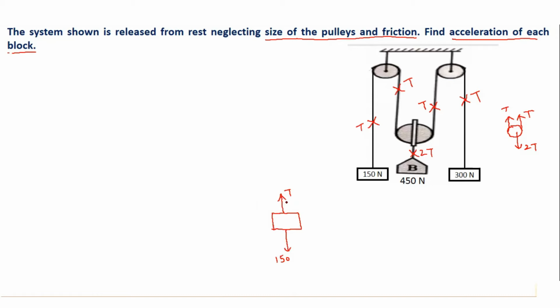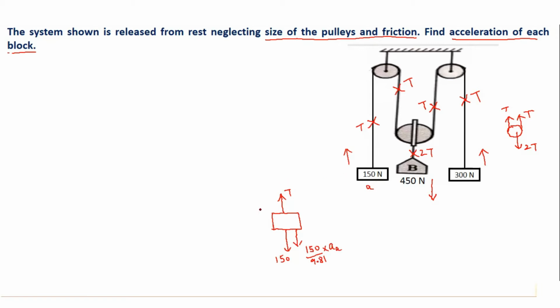Next step is to apply conditions of equilibrium. But before that we need to show the inertia force or the imaginary force, which is in the direction opposite to the motion of the body. So now we have to assume some direction of motion. Let me assume that this B is moving downward. If B is moving downward, this block will move upward and this block will also move upward. Now, as this block is moving upward, the inertia force will be downward with a value of mass, that is 150 divided by 9.81 multiplied by acceleration of A. Let this be body A.